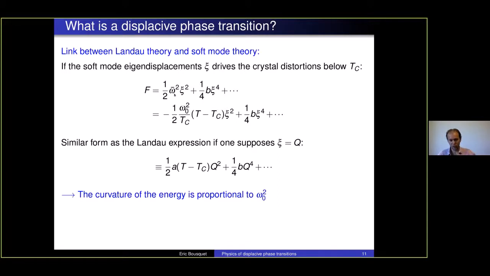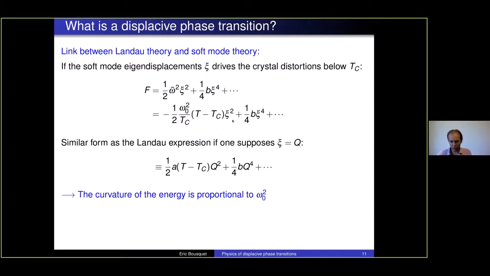And then we have seen that omega squared is proportional to T minus Tc. So we can replace the omega squared that we solved before, if we suppose that this omega squared is going to cross zero at some critical temperature Tc. We have an expression with respect to the eigenvector of the phonons, Xi, and the harmonic coefficient is directly proportional to T minus Tc, which is very similar to the Landau expression we formulated before, where we have another parameter, the macroscopic Q, that has this type of evolution with respect to temperature. And you can see that you have a direct relationship between the two.